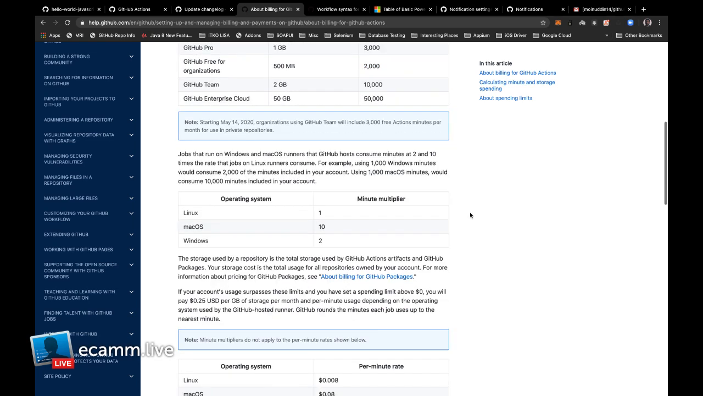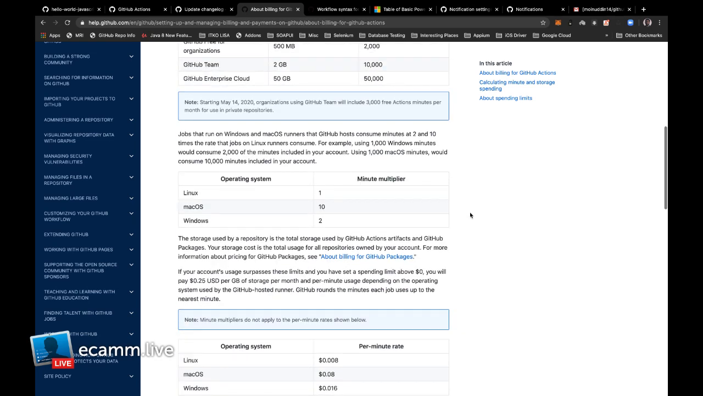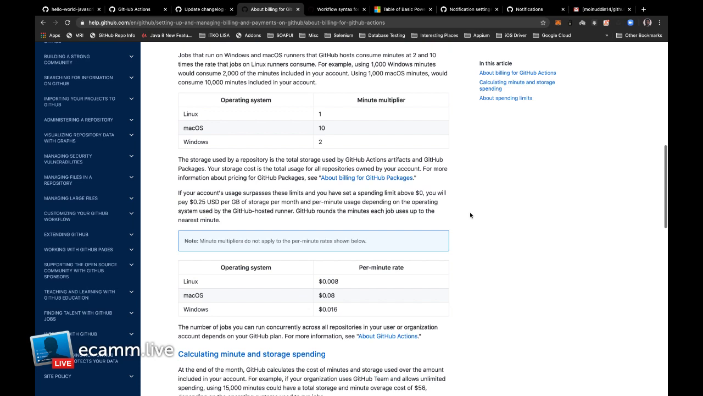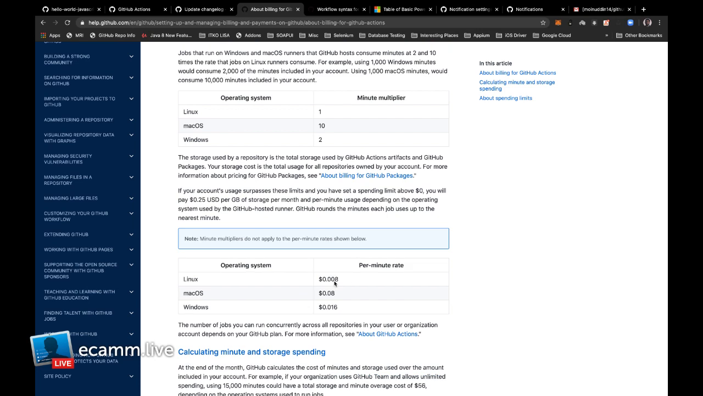But if you happen to consume everything, now the cost is as defined here. For Linux, per minute, you will be charged 0.8 of a cent. Not even 1 cent, 0.8 cents. Mac operating system is on a higher end. And Windows is half of Mac OS. Sorry, not even half. It's much cheaper,